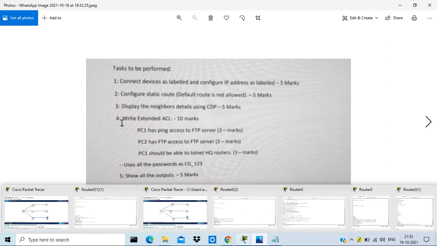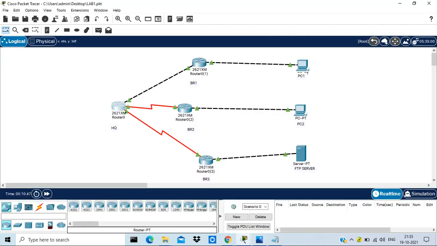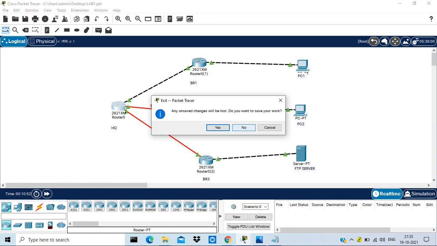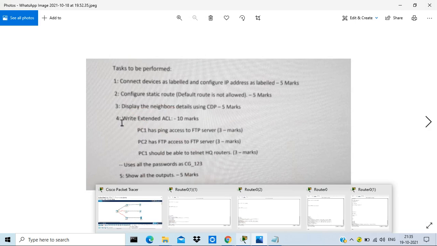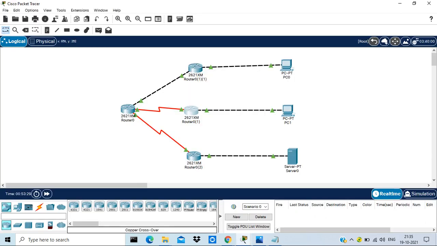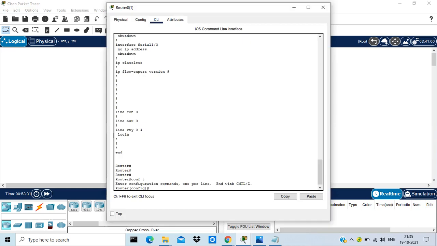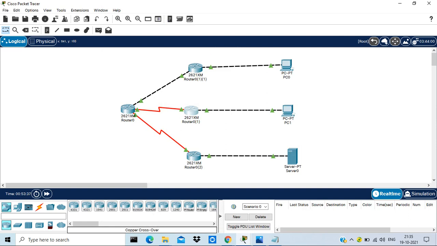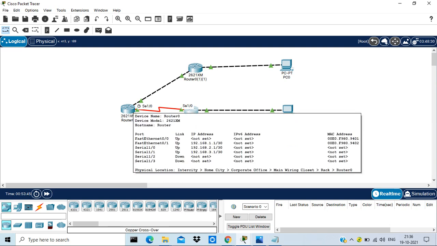So the first thing here is, its connectivity is with AC 1 by 0, and AC 1 by 0 IP is 2.1.